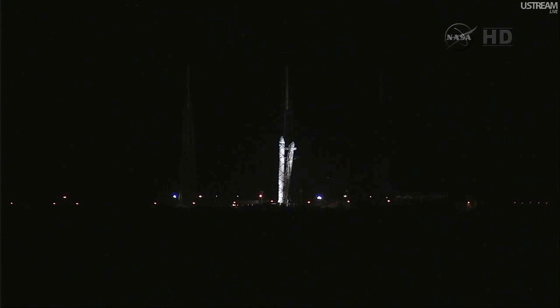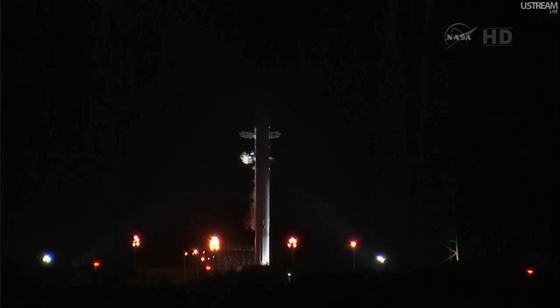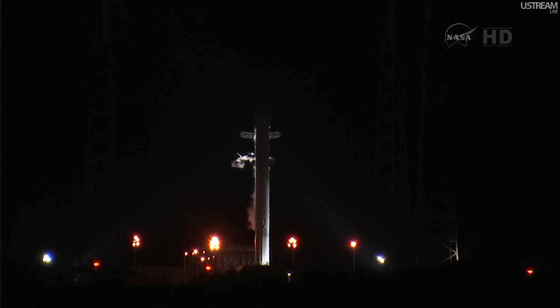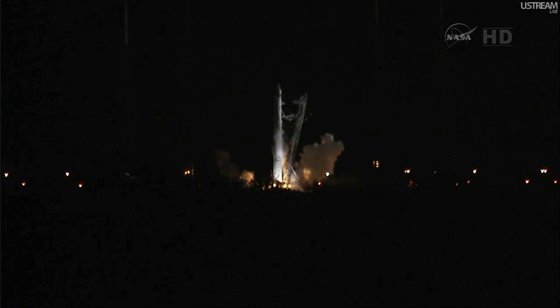T-minus 30 seconds. Standing by now for taking the tanks to flight pressure and activating the pad deluge water system. T-minus 20 seconds. The main engine controller will give the command to start the engine sequence at T-minus 3 seconds. We're at T-minus 10, 9, 8, 7, 6, 5, 4, 3, 2, 1, 0, and